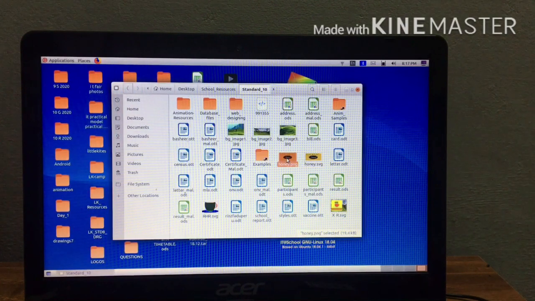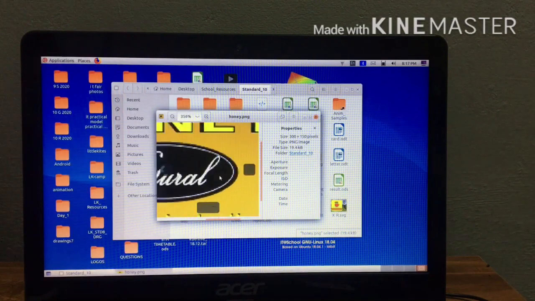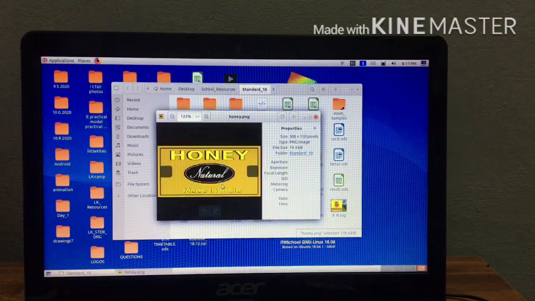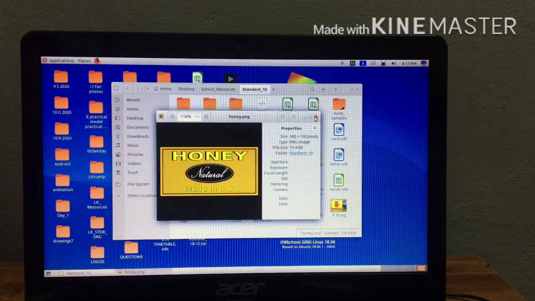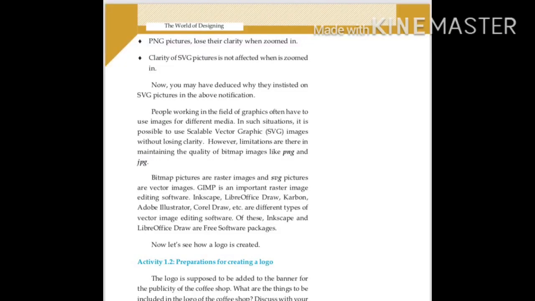Open it and zoom it. PNG pictures lose their clarity when zoomed in, right? So the difference is that the clarity of SVG pictures is not affected when zoomed in, but PNG pictures lose their clarity when zoomed in.